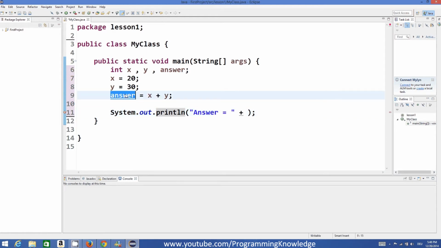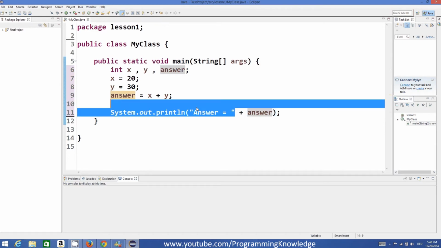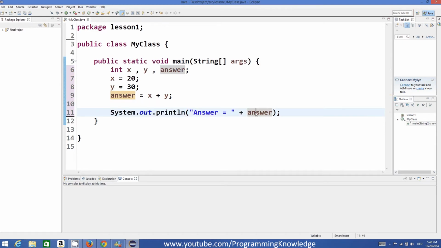And this concatenation means that you want to add this string and this variable or value. Okay, so this function is intelligent enough to sense that this is a string and this is your integer, but using this concatenation operator you can print them as a single line.